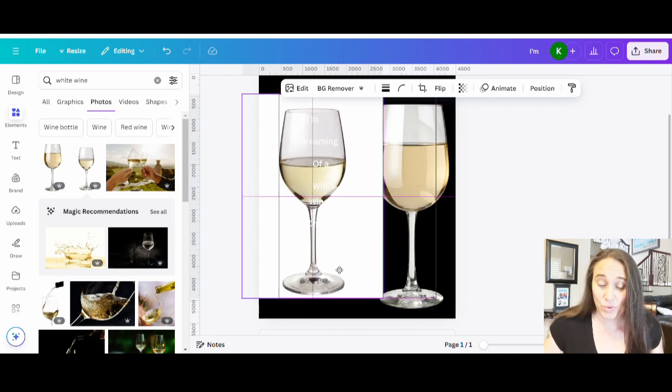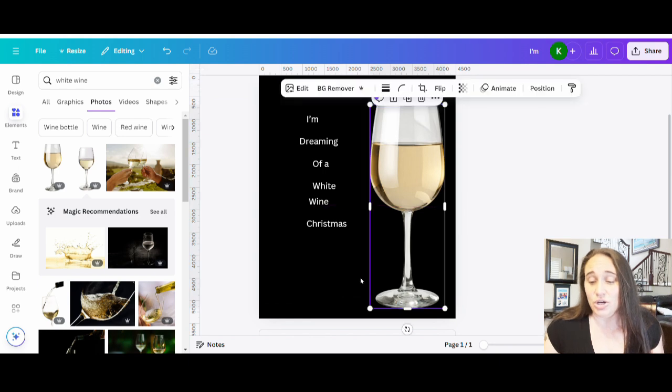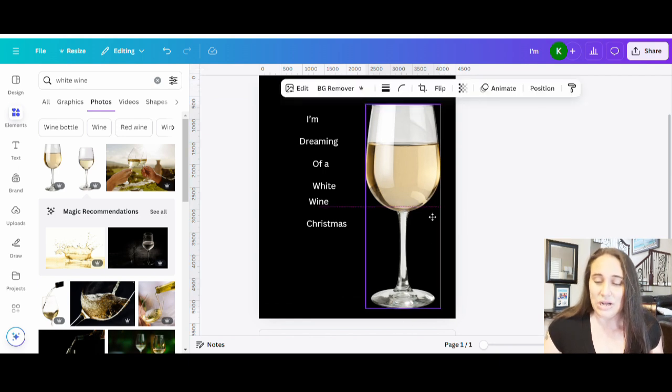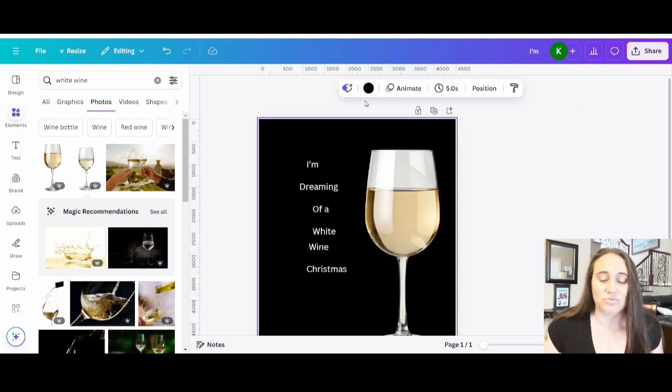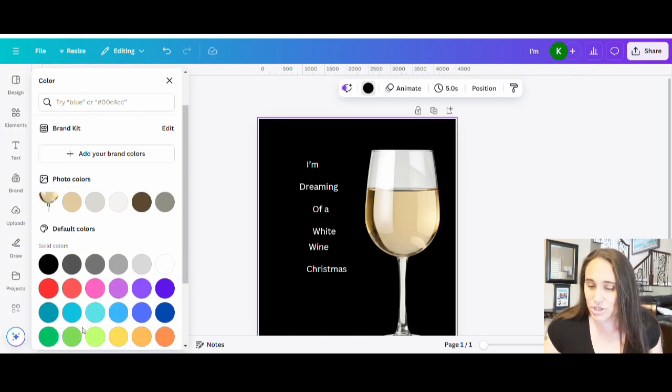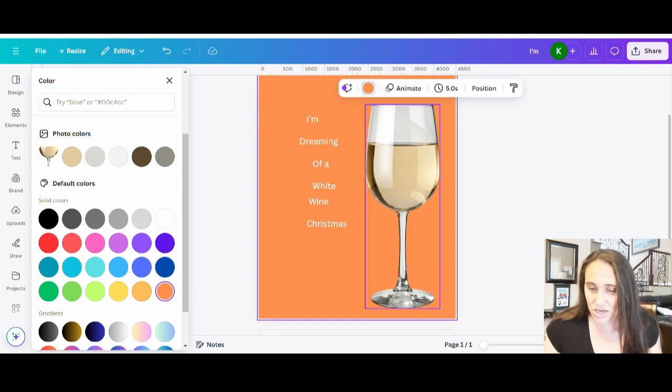Depends how full you want your wine glass. Whenever we're doing a photo, we do want to check for transparency, though, because transparency is not going to print too well. So, for example, if I was to take this background color and put it to something just really neon, maybe like orange, I want to see that there's no orange sticking through here, and there's not. So I can tell that this is nice and solid, so this will work pretty well,